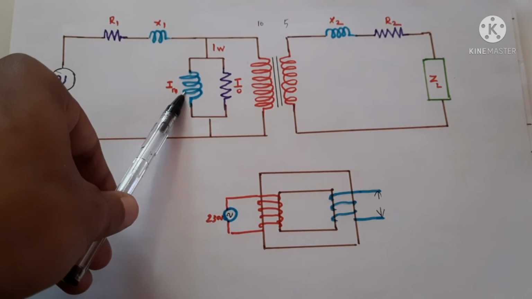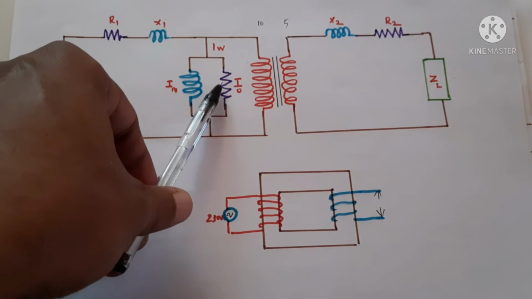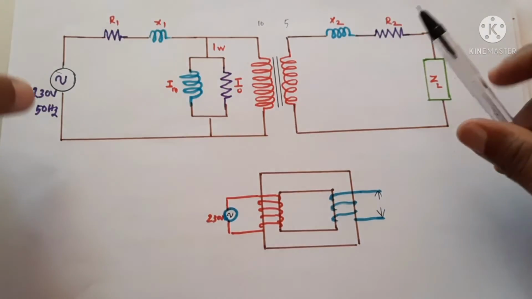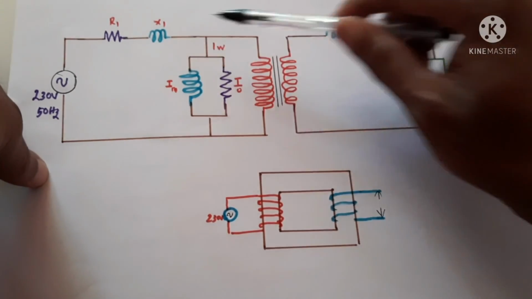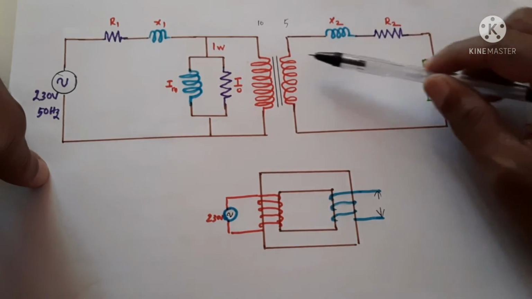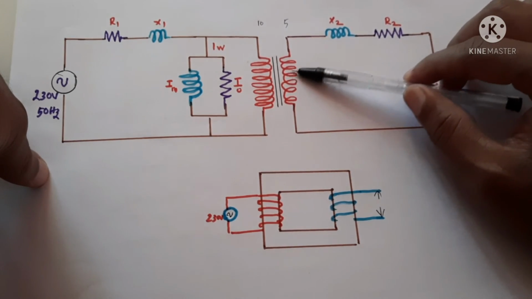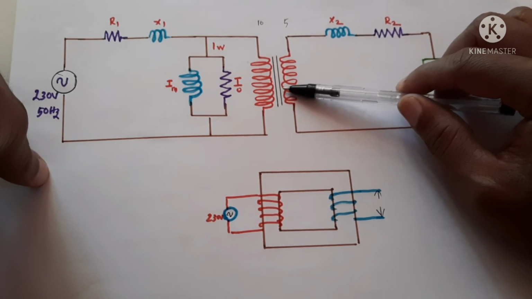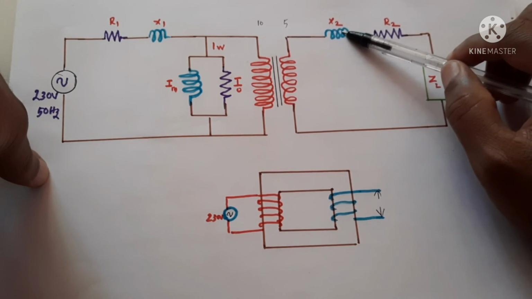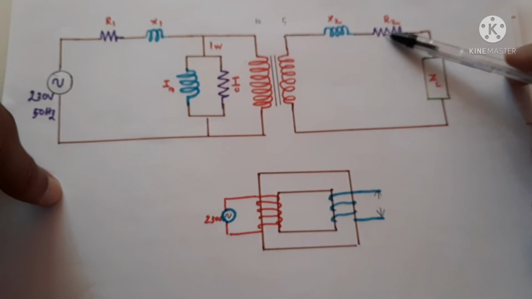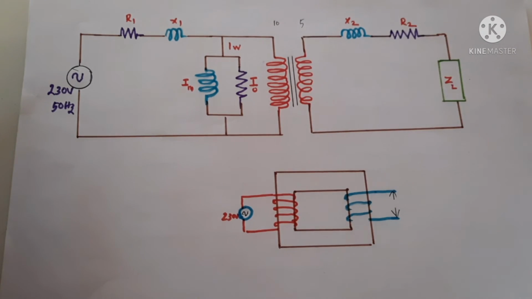This is to show the magnetization current, and this is to show the current losses due to eddy current and hysteresis. And the secondary has also some losses. This is also like this, the leakage flux. Leakage flux means when a current is flowing through this, there will also be a flux created by this core. All the flux is not linked with the primary, so there will also be some leakage. This is the resistance of the coil of the secondary. By plotting this, we can easily understand the working of the transformer.